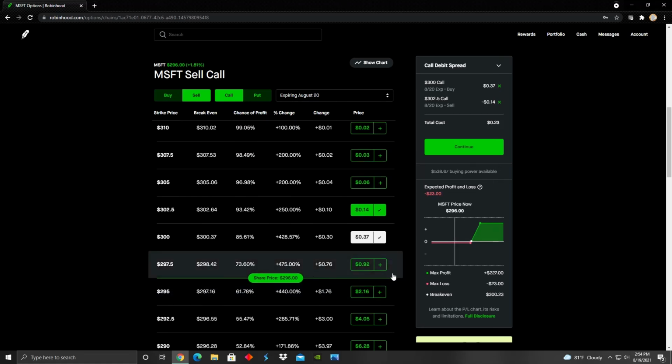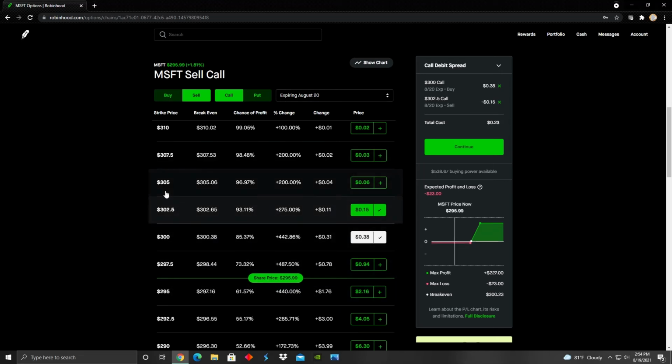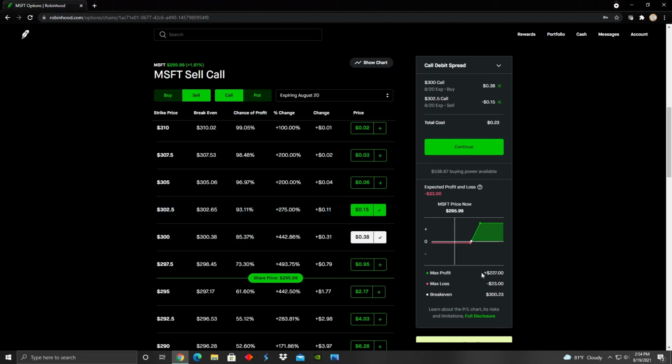So basically this is saying that by August 20th, which is tomorrow, if the share price of Microsoft is above $302.50,